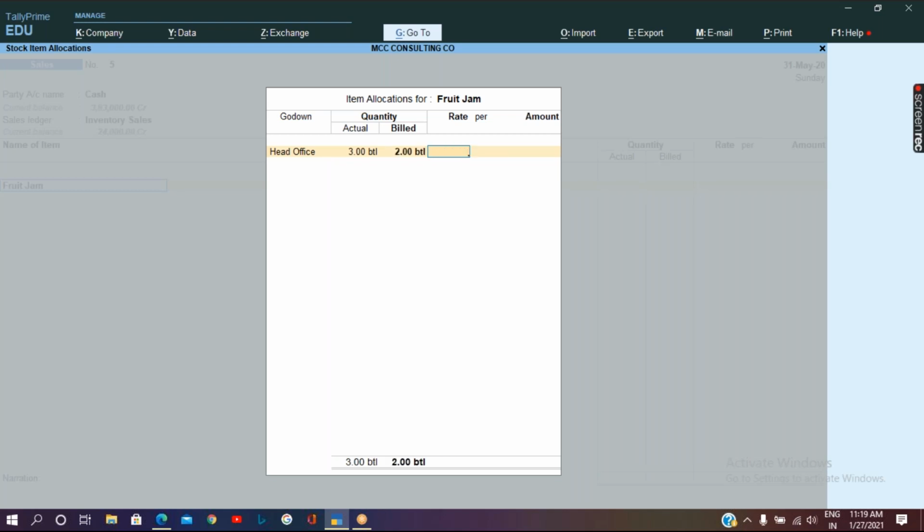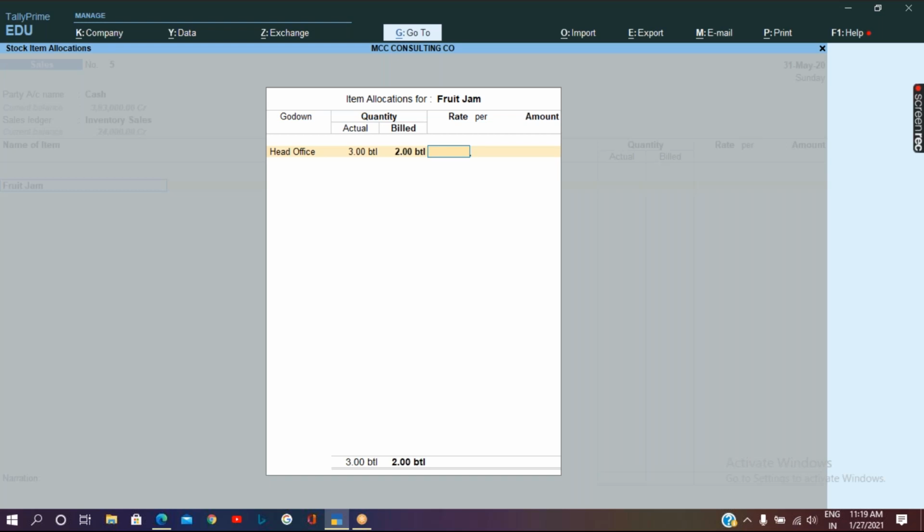So now, how much rate do I want to sell it at? Which is the shortcut key or the report screen I can use to check what rate I purchased it at? How do I get the history of this stock item? Do you remember this morning we discussed one particular stock query report?